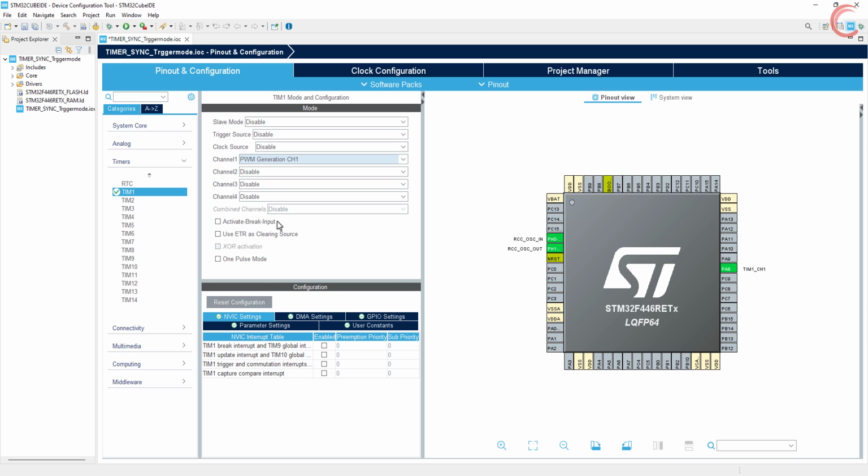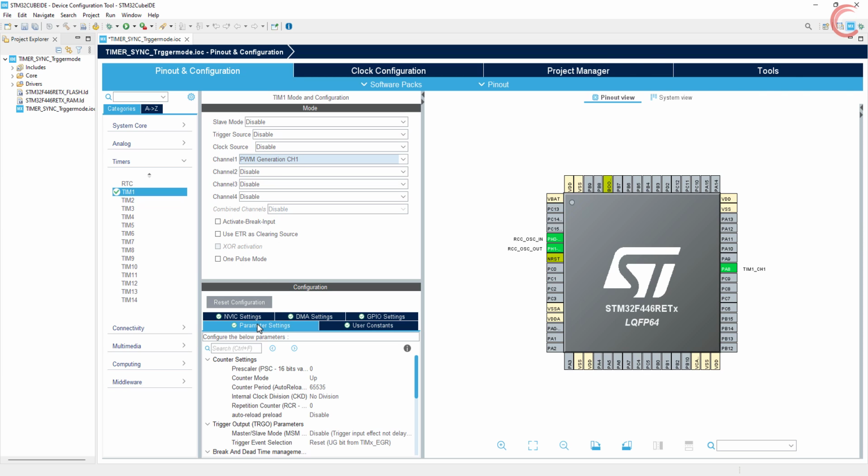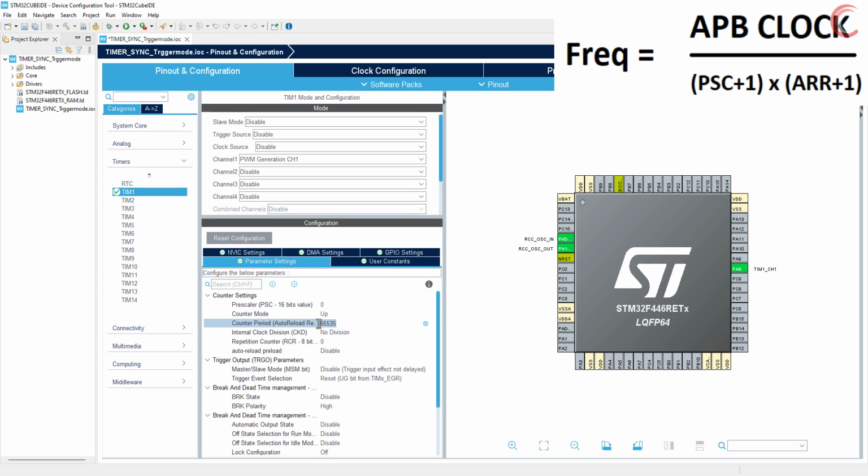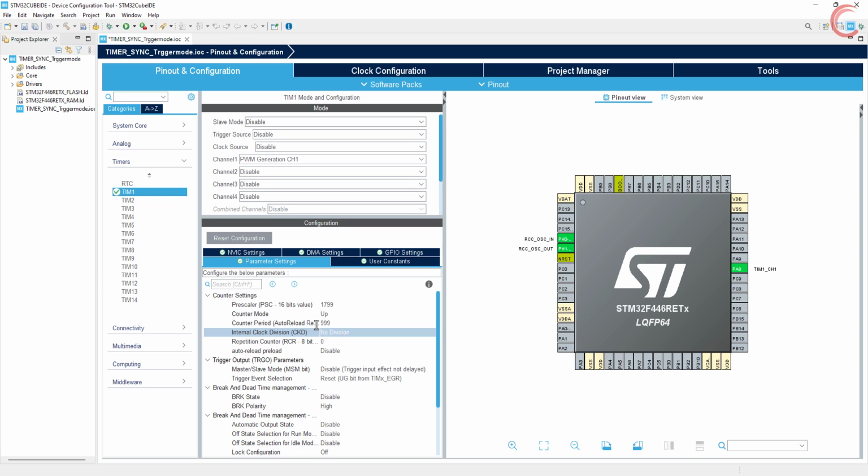The clock is at 180 MHz, so we will bring it down to 100 Hz using the prescaler and auto reload value as shown in the formula. There is no particular requirement for the frequency, just set it to what you want. Next, in the trigger event selection, choose the update event. This will generate the update event flag,